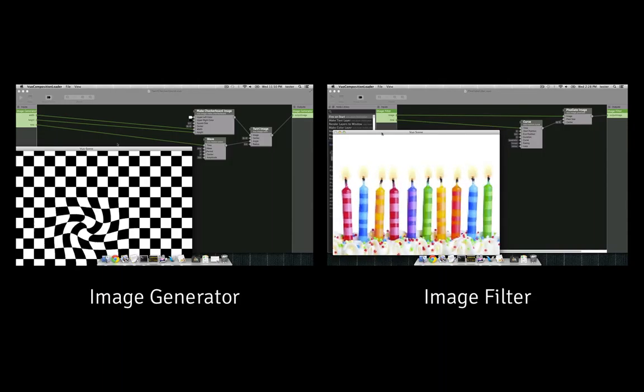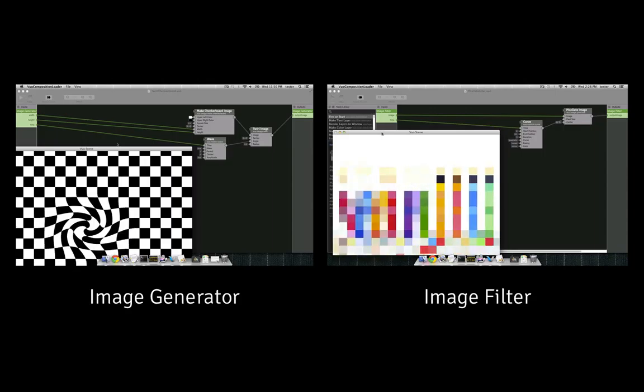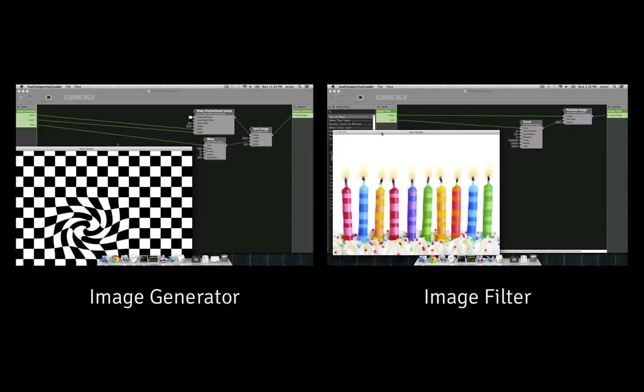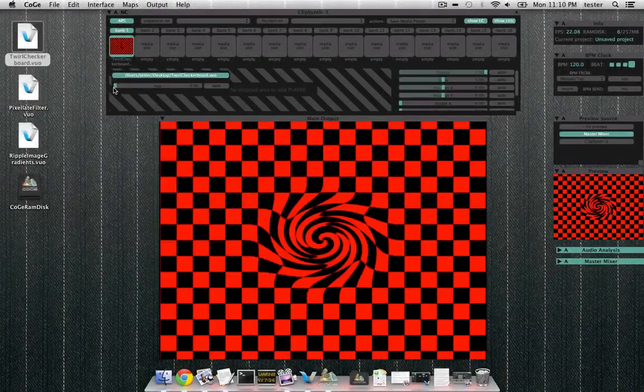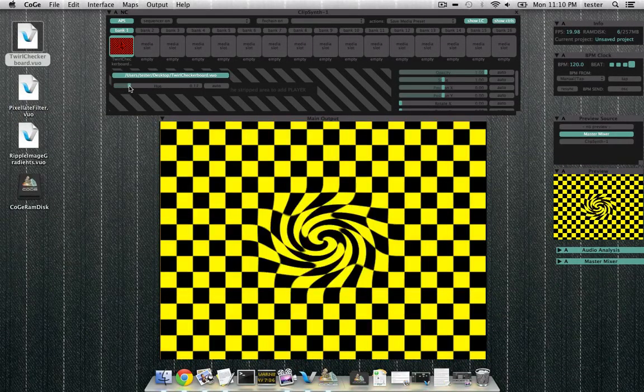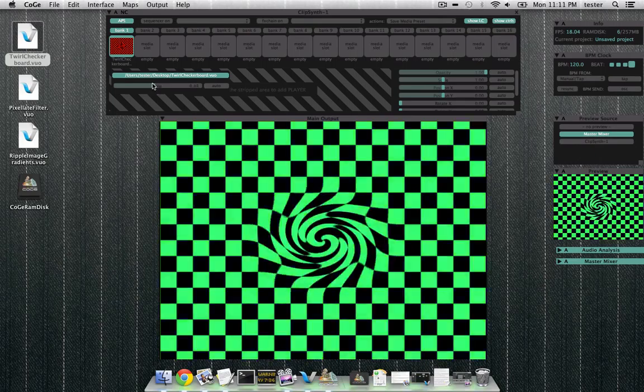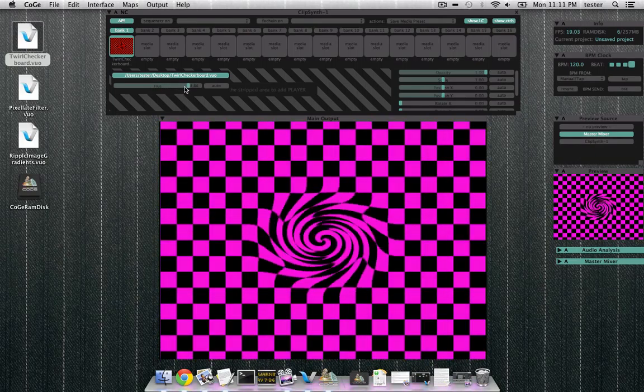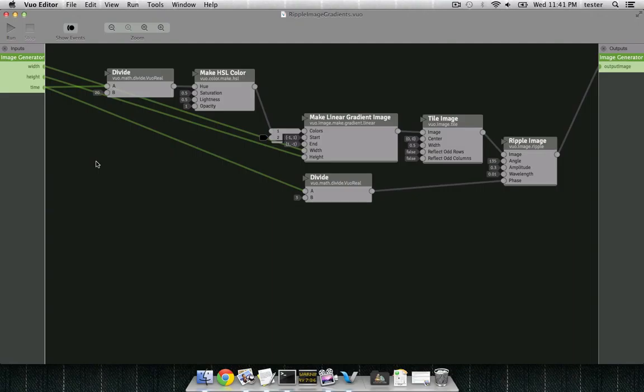An image generator creates a new image, while an image filter takes an existing image and adds effects to it. Protocol compositions can have additional published input ports if you want to control additional stuff from the app that runs the composition. When making a protocol composition, make sure that for each event that comes in through the published input ports, exactly one event goes out through the published output ports.